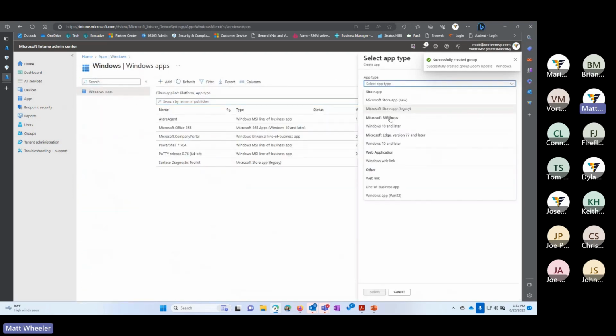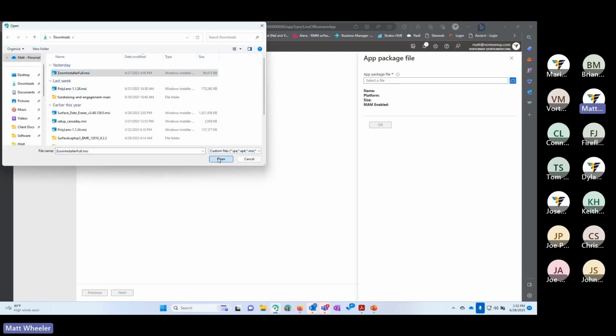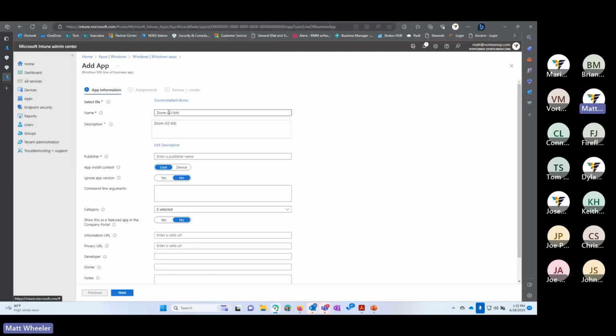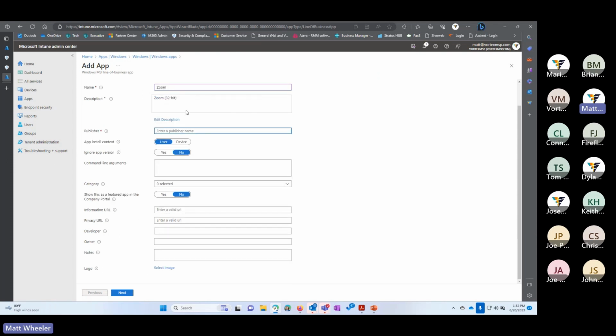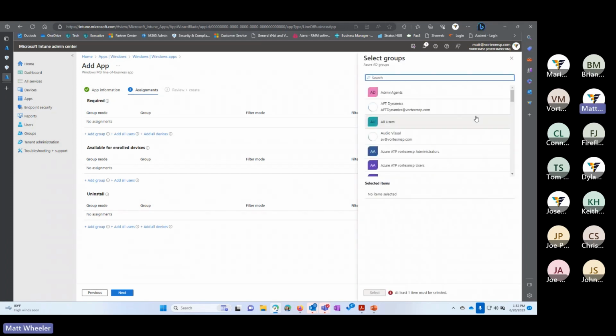This time when I go to create the Zoom app, I will be able to assign it to that computer. And now I know that when that computer checks back in, Zoom is going to update. I never had to bother the user. I never had to reach out to them. I can just push this update to their computer, and then I will know that this issue has been resolved. All right, so we'll go ahead and do that here.